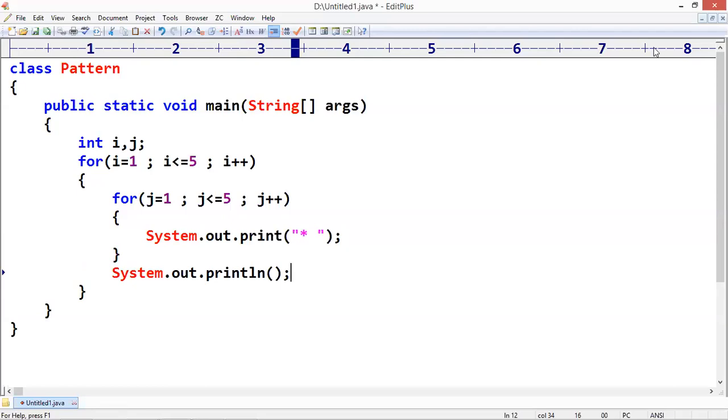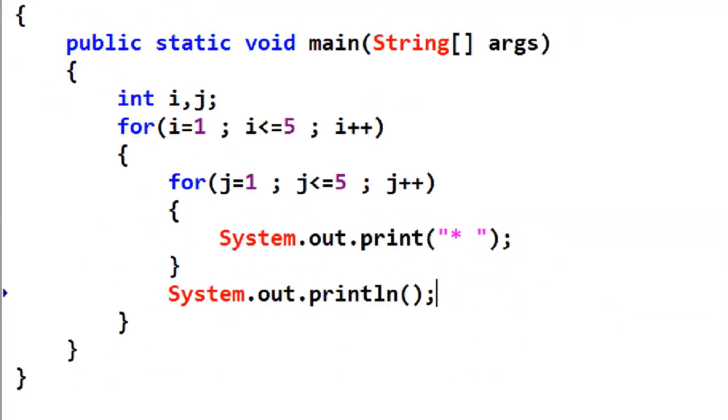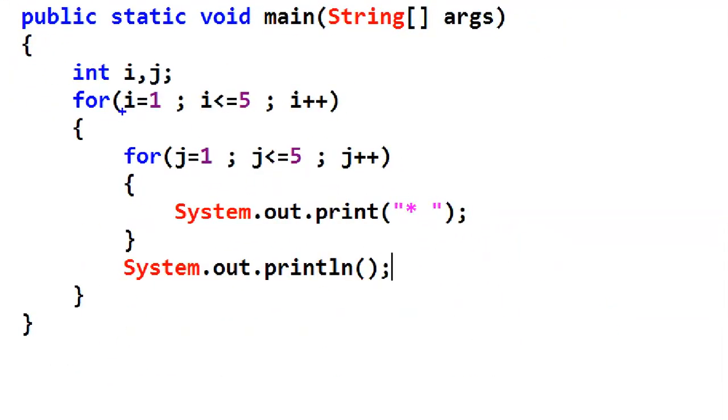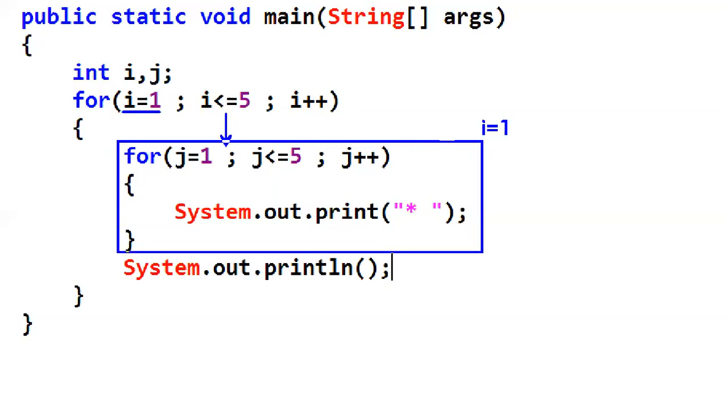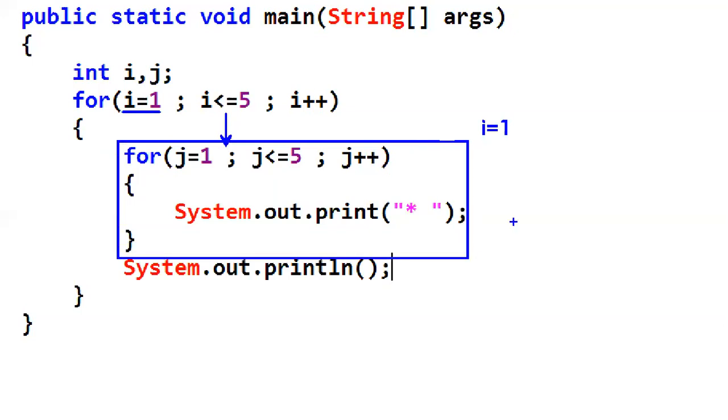How does this code get executed? See here, first i equals 1. i equals 1 is nothing but we are printing the first row. j equals 1, 2, 3, 4, 5. So 5 times it will repeat with this for loop, so 5 stars will display.